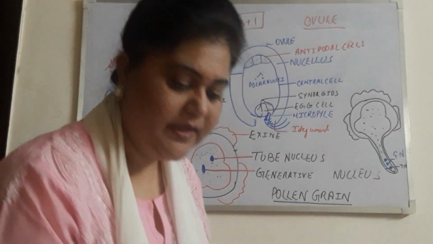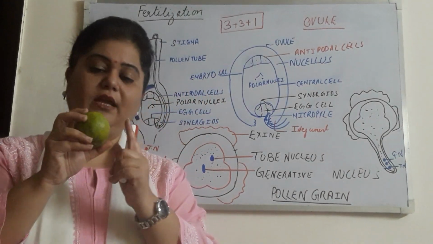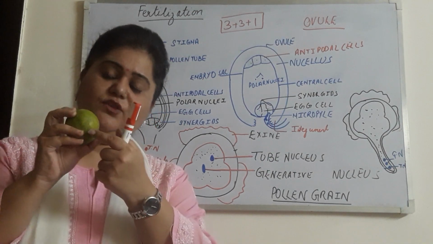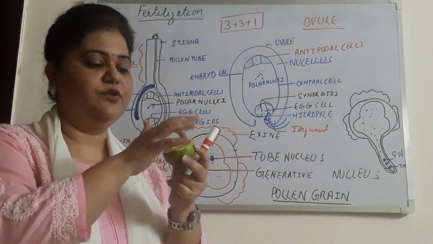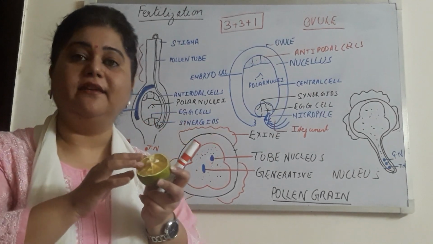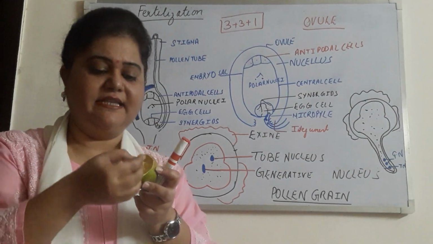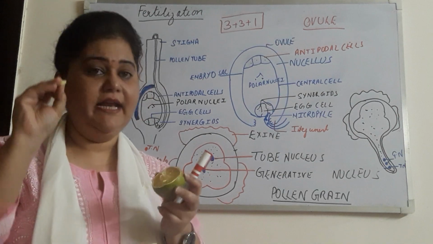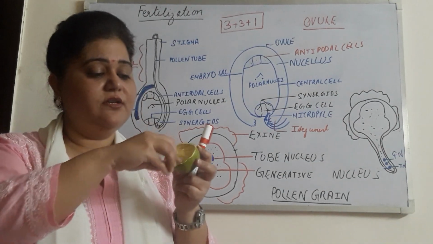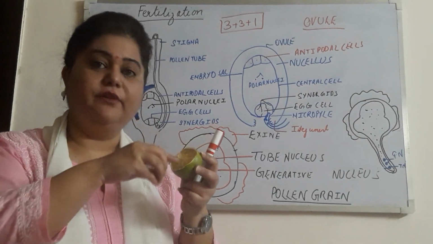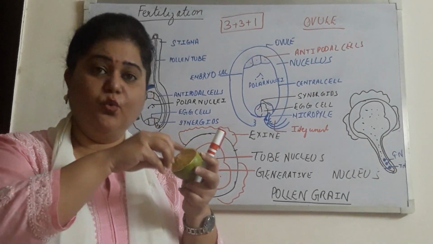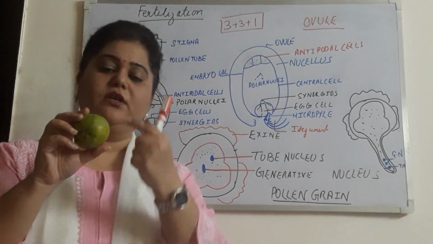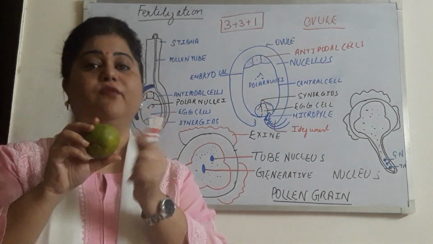For example, you can see this picture. This is a fruit I have taken in my hand. This is the ovary wall, and inside this fleshy portion is the ripened ovary. If you can see the seeds inside it, these are the ovules. This ripened ovary, which we eat, is the fruit, and the outer hard covering around the fruit is the ovary wall.